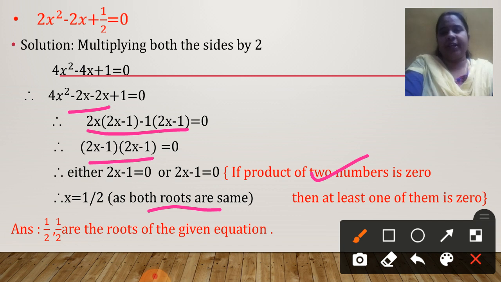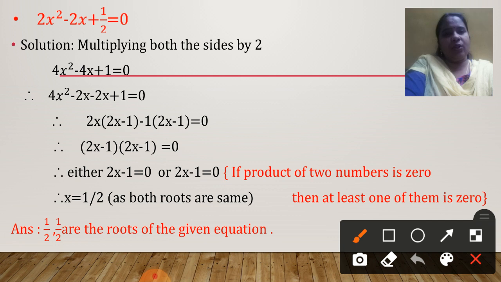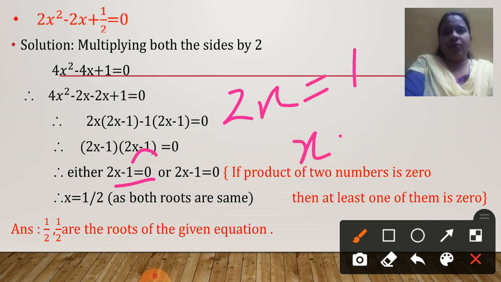And then getting x here and x here. I am getting it only once, that x is equal to 1 upon 2. How do I get this? See, 2x minus 1 is equal to 0. Look at this equation. Shift this 1 this side. What we get? 2x is equal to 1. Yes. So x will be equal to, shift that to that side, it will be 1 upon 2.